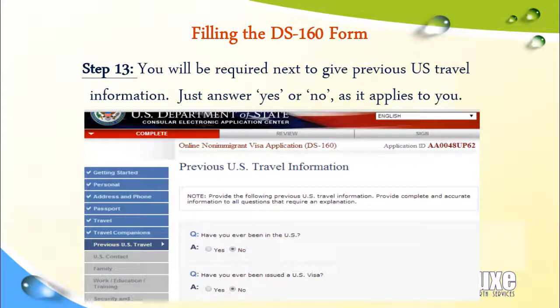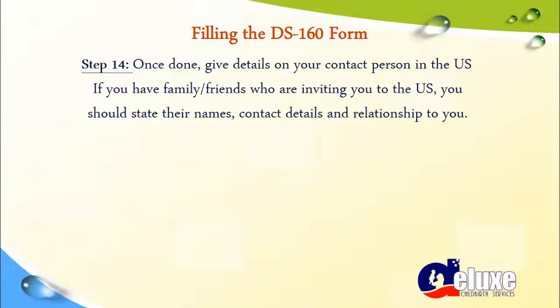Step 13. You'll be required next to give previous U.S. travel information. Just answer yes or no as it applies to you. Step 14. Once done, give details on your contact person in the U.S. If you have family or friends who are inviting you to the U.S., you should state their names, contact details,